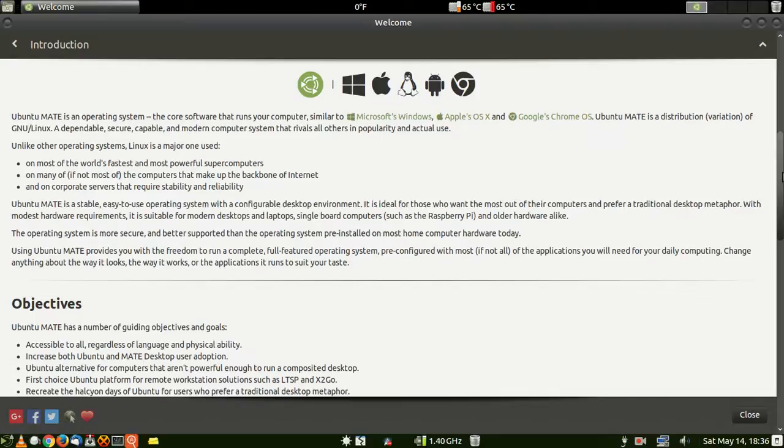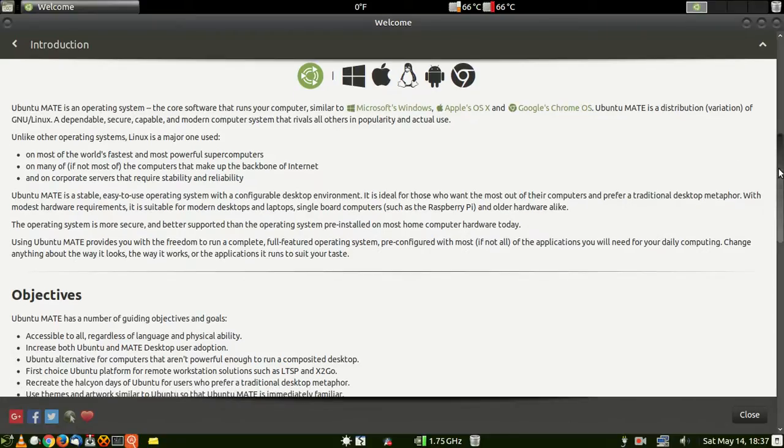I can totally agree with that because I use Ubuntu. It's probably my favorite, or the one I always fall back to, because I try different variations of Ubuntu. So